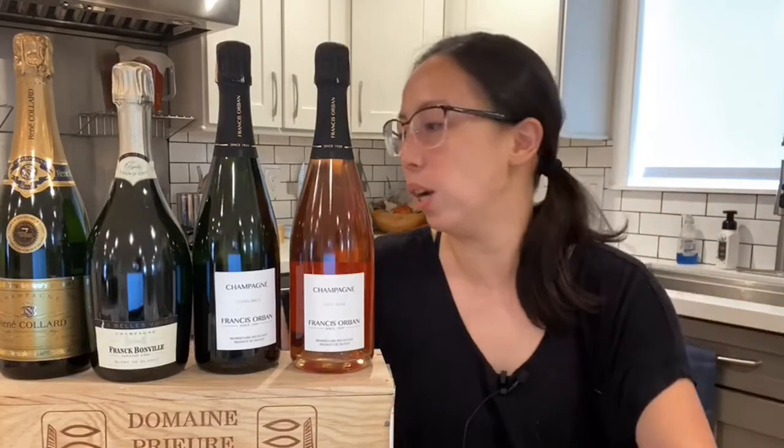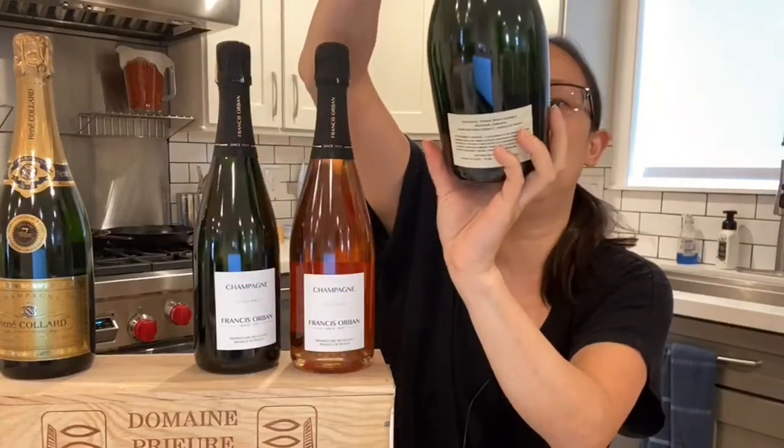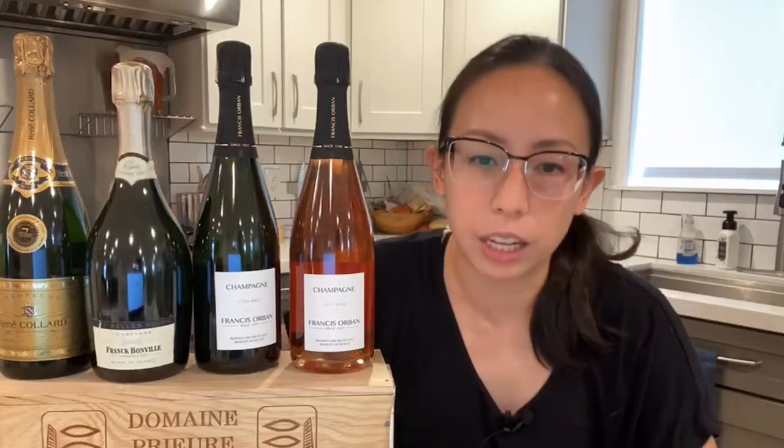Okay, and after that, we get even a little geekier. There's also what we call a single vineyard champagne. In Champagne, there are also a lot of different Grand Cru or single vineyards. I think, for example, this bottle is made 100% from Limonel. It's really hard to tell, but one of the best examples I can think of will be...